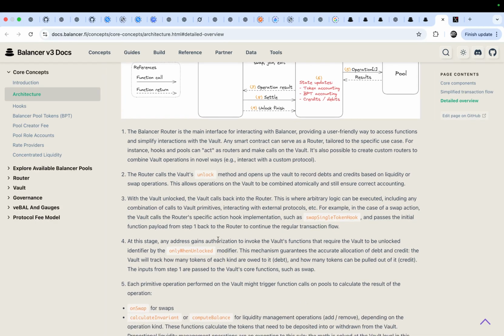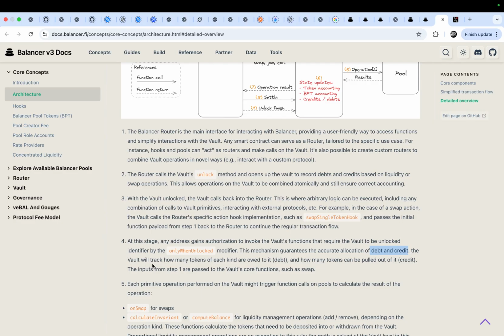So if you use this modifier, that means only when the unlock method is invoked, you can execute the hooks you have implemented. This mechanism guarantees the accurate allocation of debt and credit.